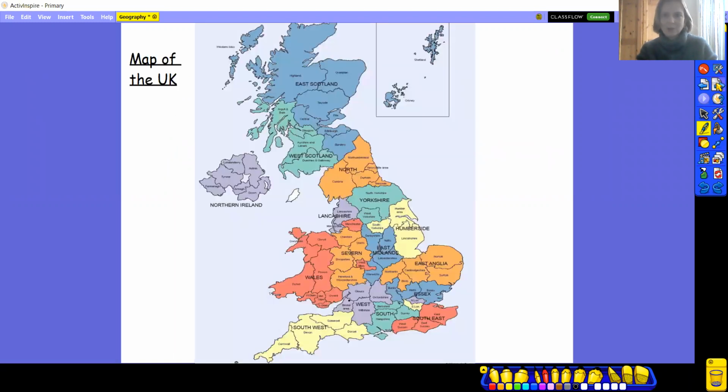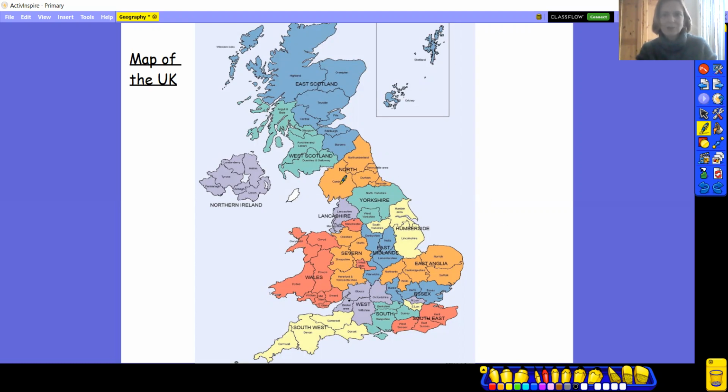Now, in week 1, you should have drawn a map that included Great Britain and the British Isles and the UK. And if you got to the end, you should have located some counties in the United Kingdom. So let's see how good you are at locating counties. I'm going to say a county, and you need to point to it on the map. Right, so the first county I'm going to say is Cumbria. Can you find the county of Cumbria? That's it, well done. It's this county over here.